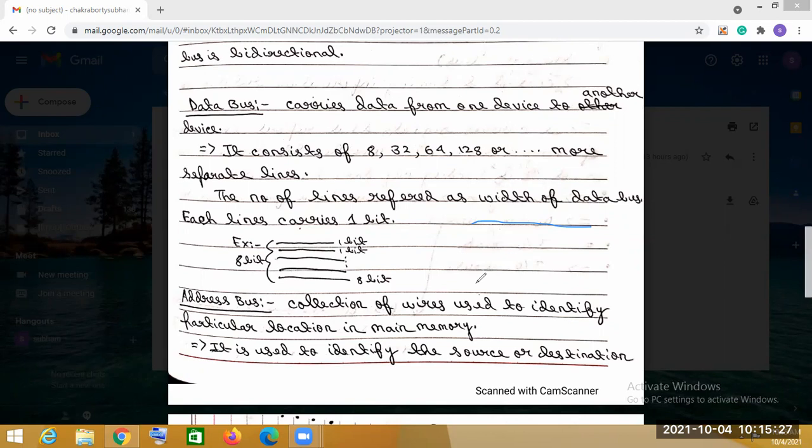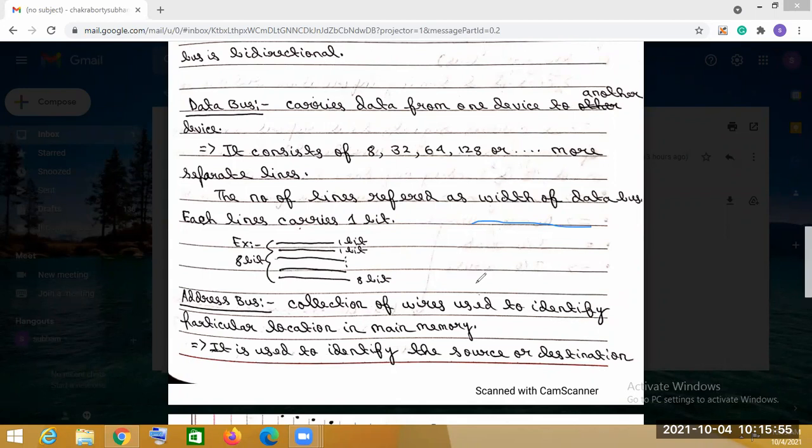That means when to read the data, when to put the data on the data bus, when to read the address of the memory location, or based on the address of the memory location, what data is to be put on the data bus. It regulates this type of activities.